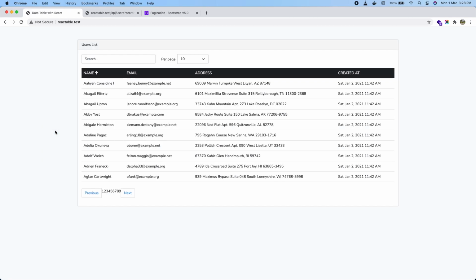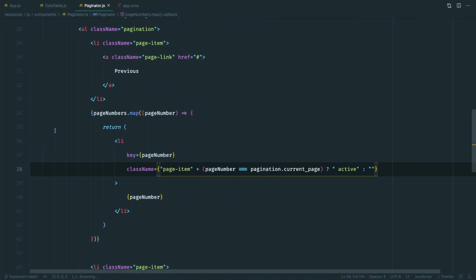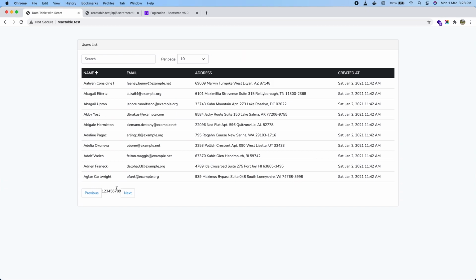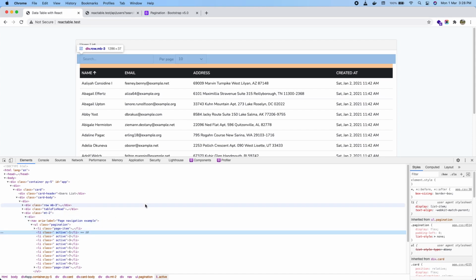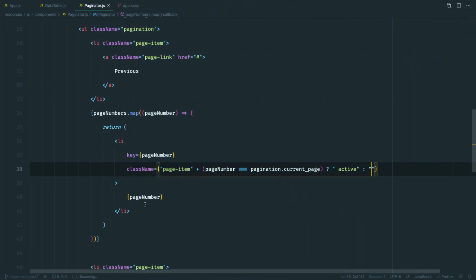Let's reload this. Okay, it did not work. Page-item plus, that should have worked, but this always makes some sort of error. Okay, li class active is added. It is adding active to all of them. Okay, we are looping through this, right? So pageNumbers.map pageNumber. Okay, li key is equal to pageNumber, class name page number, value should have been